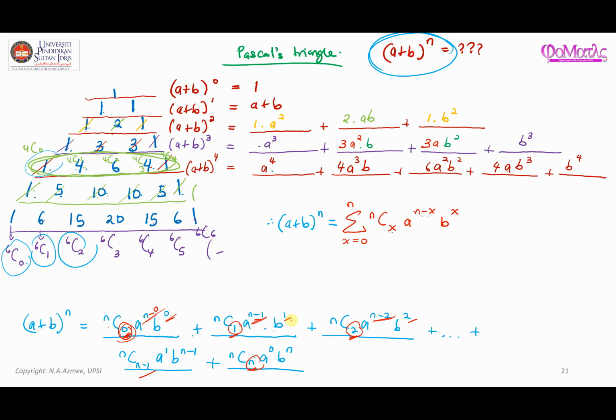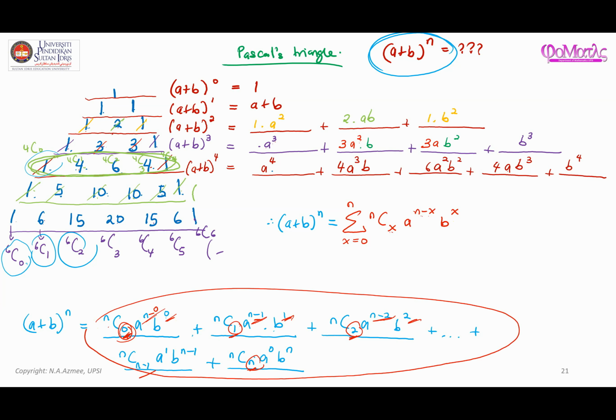And here is 0, 1, 2, and so on, so b^x. So the long process here can be written in a more precise manner, in a compact form. So that's what's going on here, and I'm sure you recognize that